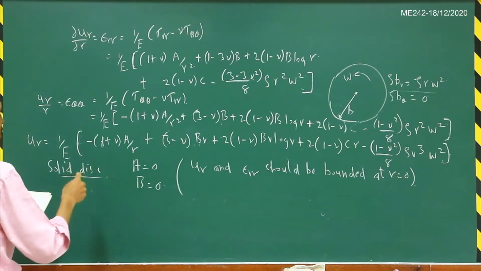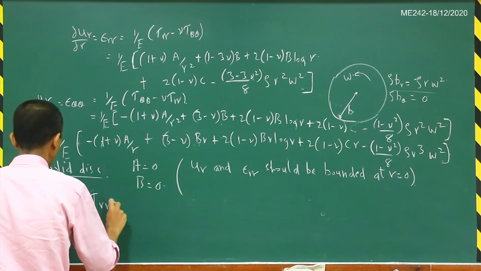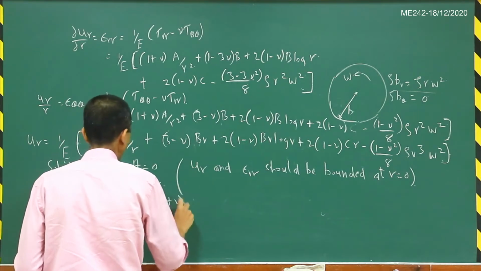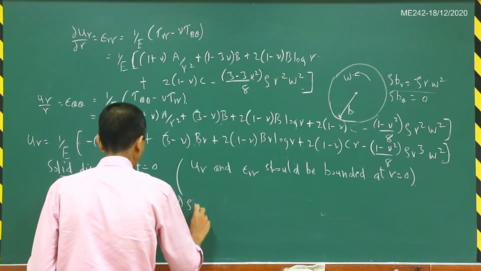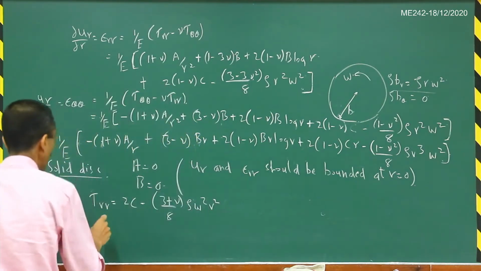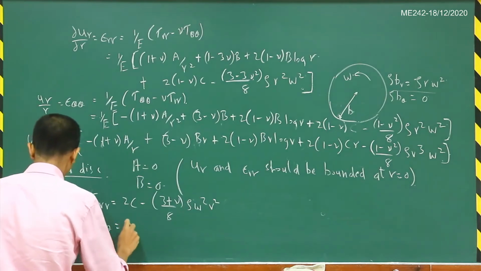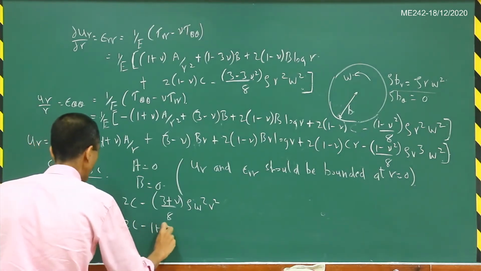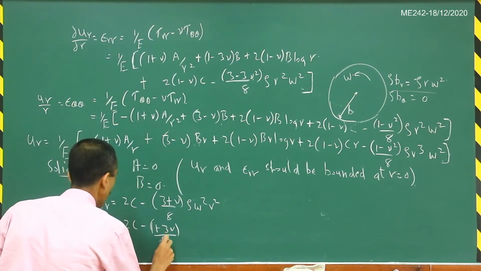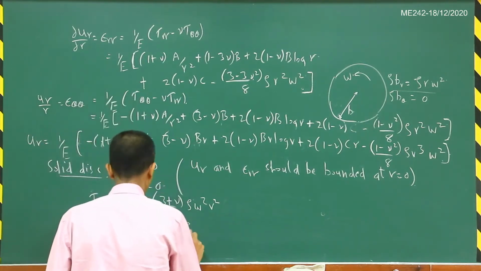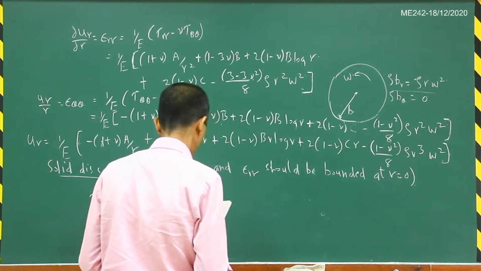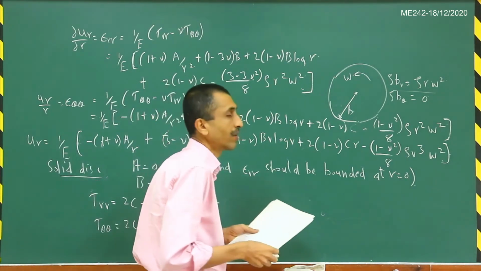You will now get tau RR equal to (2c minus (3 plus mu) divided by 8) of rho omega square r square, and tau theta theta equal to (2c minus (1 plus 3 mu) divided by 8) of rho omega square r square. We now impose the traction free boundary condition